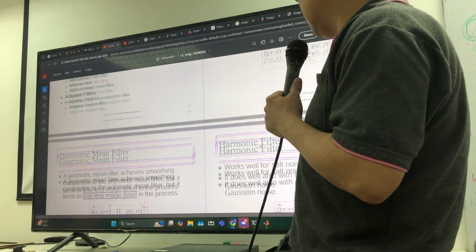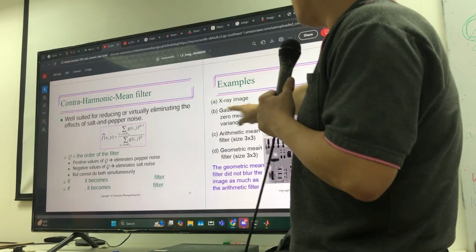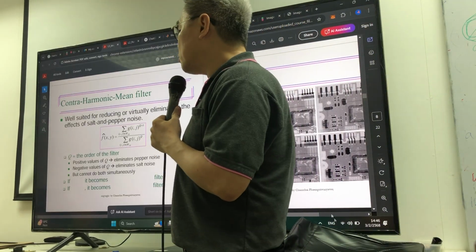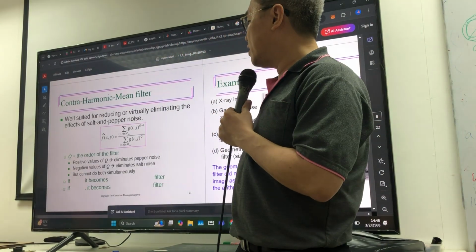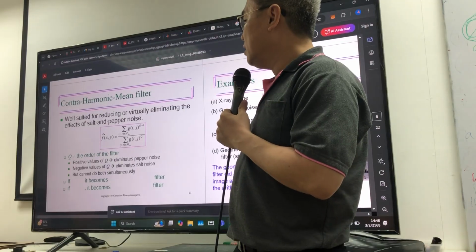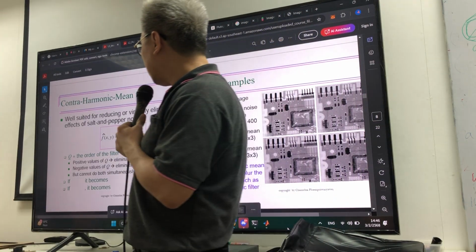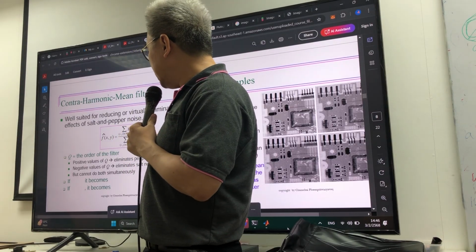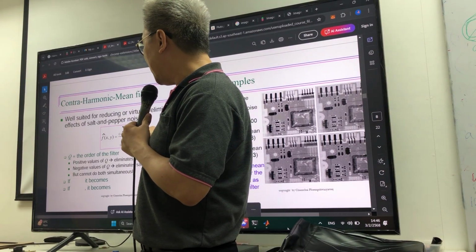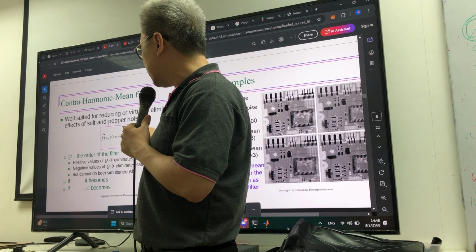Here this is another filter called the contra-harmonic mean filter. The contra-harmonic mean filter is according to these equations: g to the power of q plus 1 and then summation, and then g